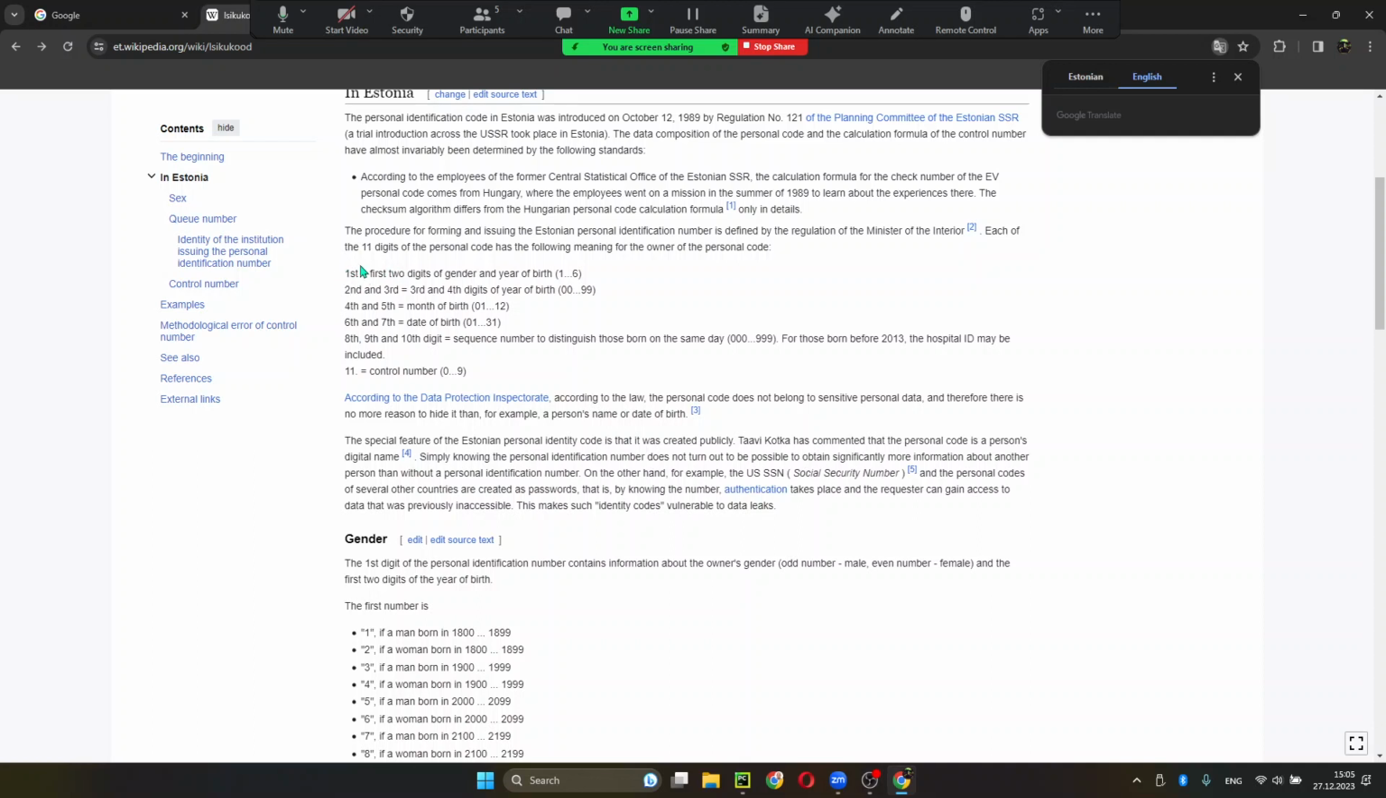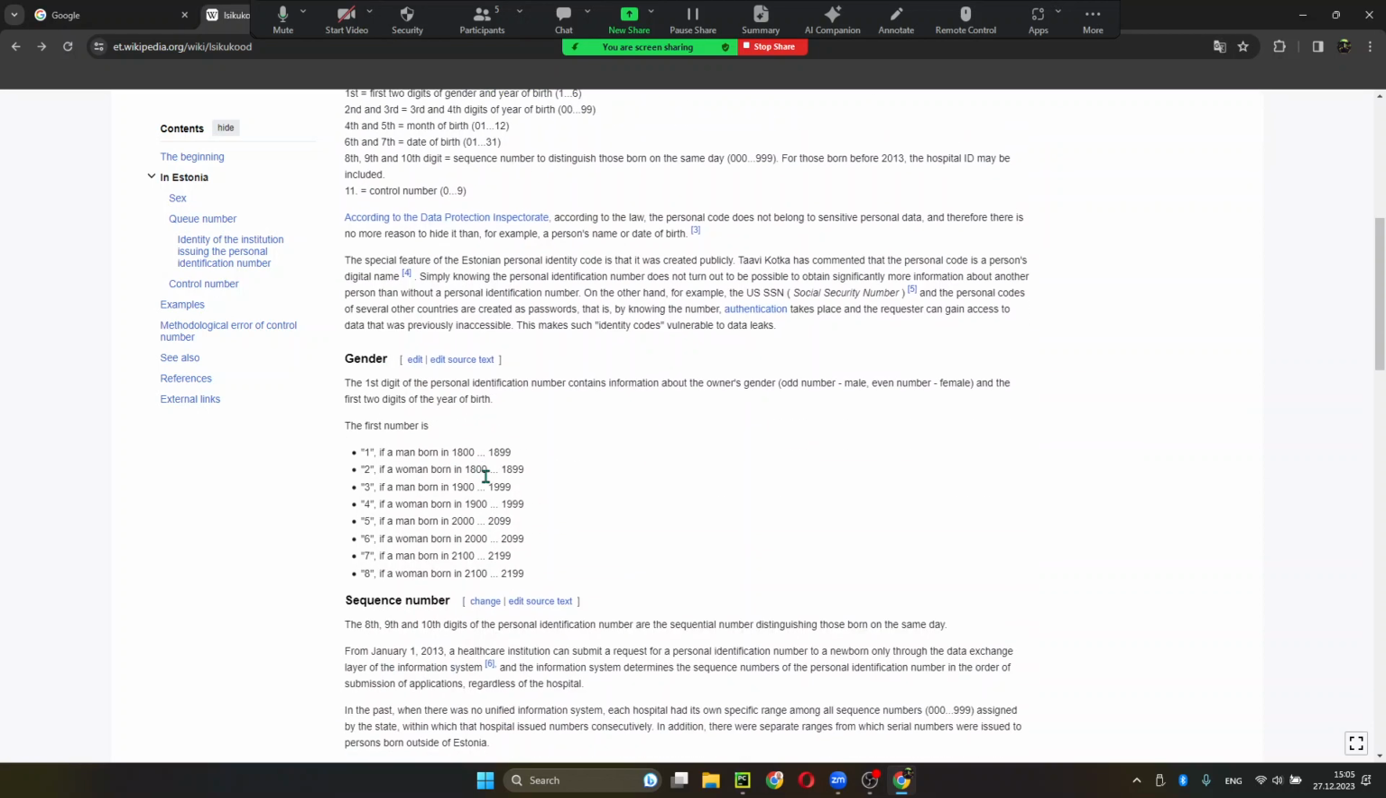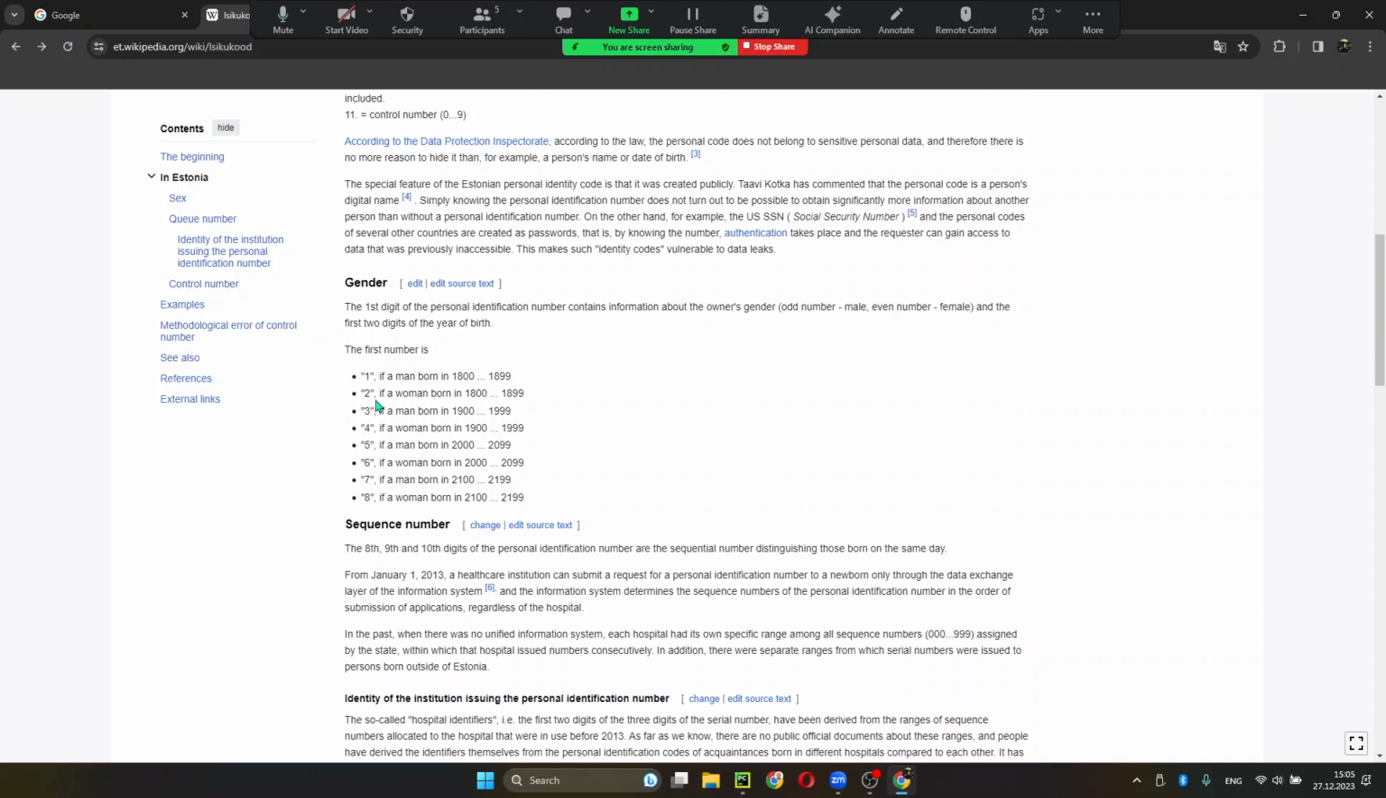first digit of the number is actually a gender, so odds are male and even are female. So you have 1, 3, 5 for male and 2, 4, 6 for female. Also, the first digit shows you the first two numbers of the year of birth. So it is like that. 1 or 2 is a man or woman born in